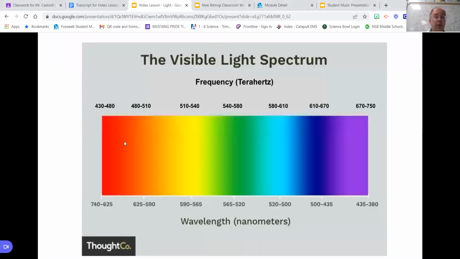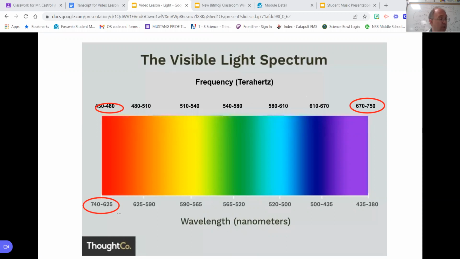Red light has a frequency of 430 terahertz. That means every second, 430 trillion red light waves pass your eyes. Violet light's frequency is even higher. It's 750 terahertz. Now, red light has a wavelength of about